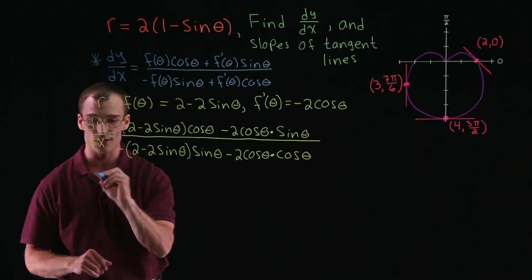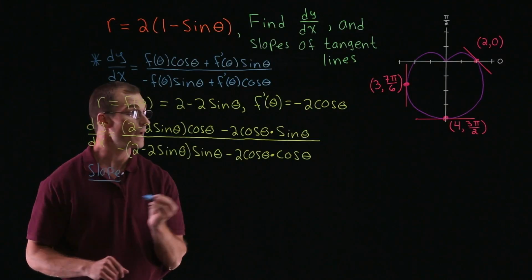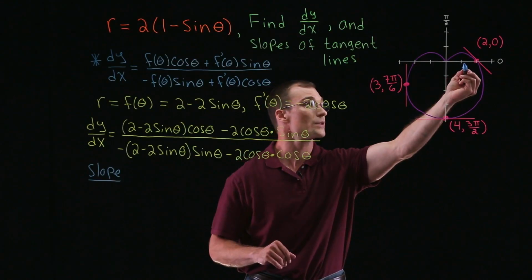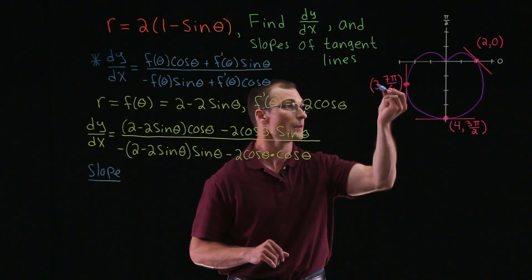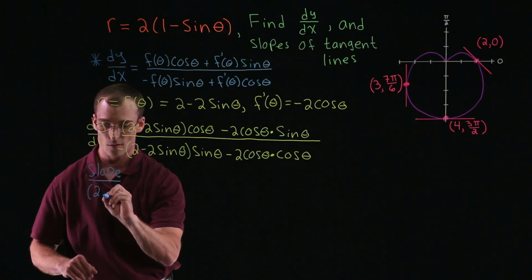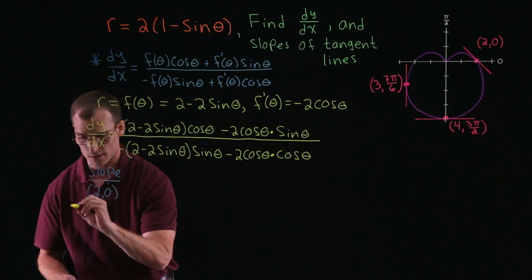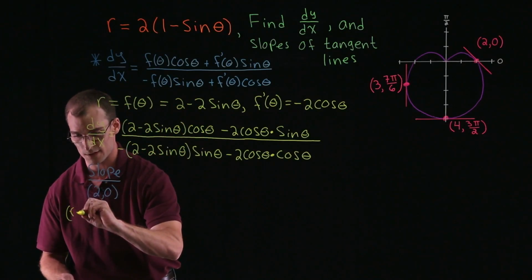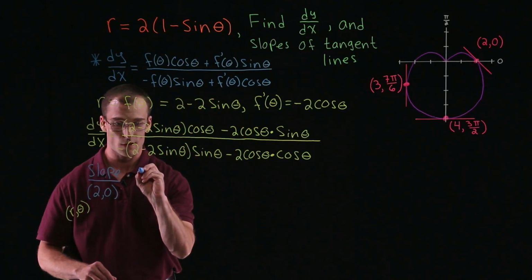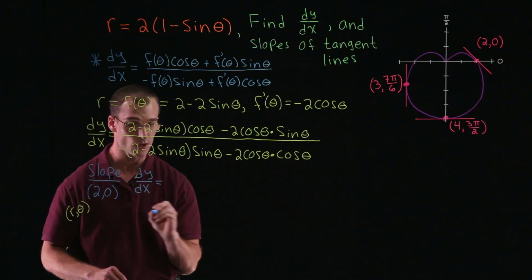Now what we want to do is find the slopes at the given points on our curve over here. So we'll start, say, with our point (2, 0), and we'll just work our way maybe clockwise. At our point (2, 0), which again are points in polar form, so this is giving us r and theta. So our dy/dx, which will give us the slope,